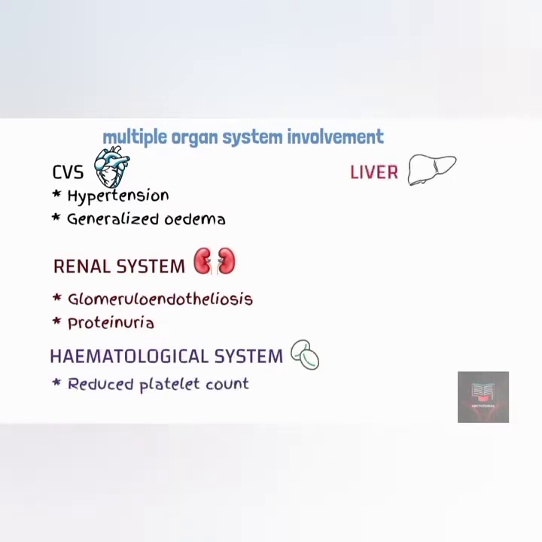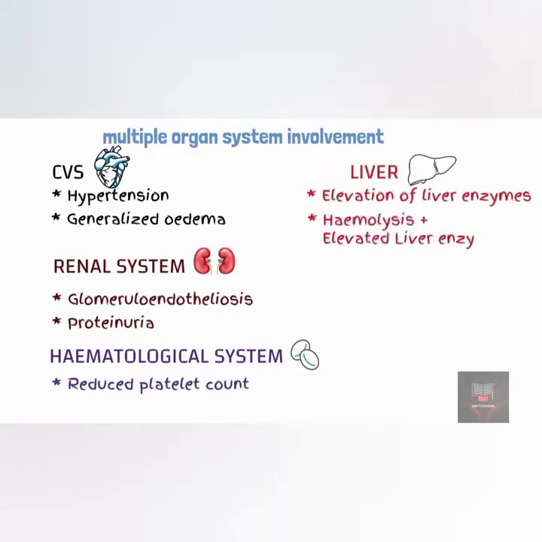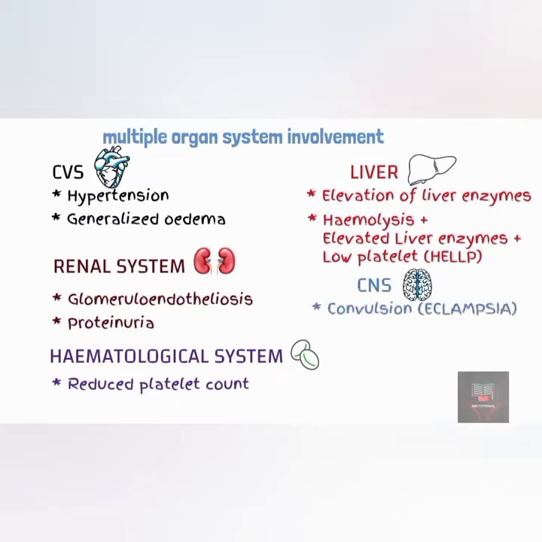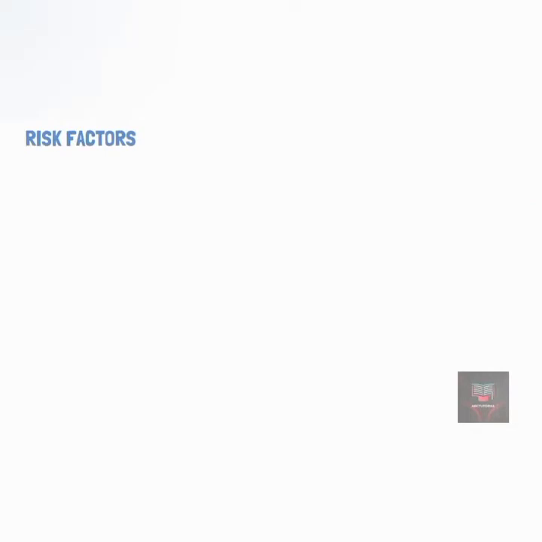In the liver, there may be elevation of liver enzymes. Sometimes, this elevation of liver enzymes may occur in conjunction with hemolysis and low platelet count, in which case it is known as HELLP syndrome. In the central nervous system, there may be seizures, in which case the preeclampsia is said to have developed into eclampsia. The risk factors for preeclampsia development in a pregnant woman include the age of the pregnant woman, that is